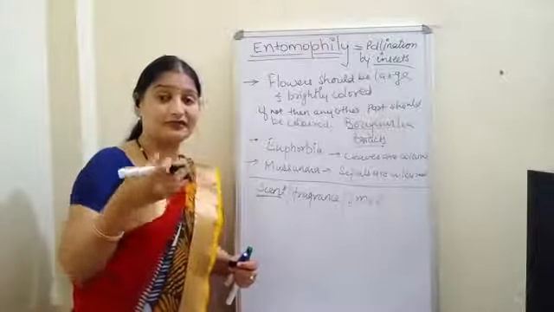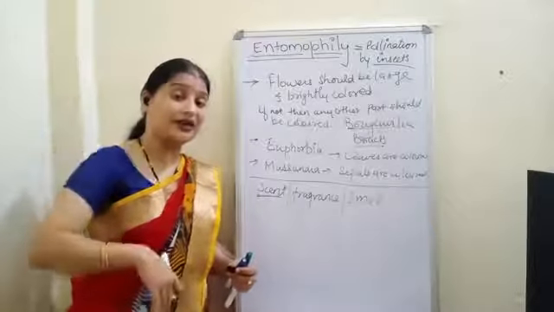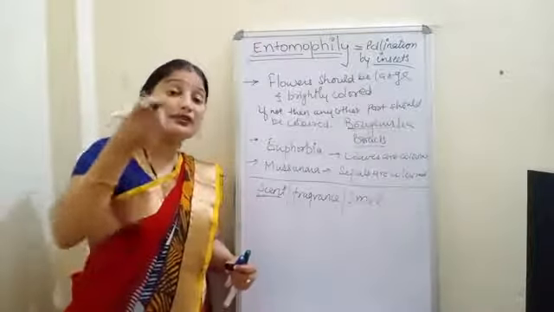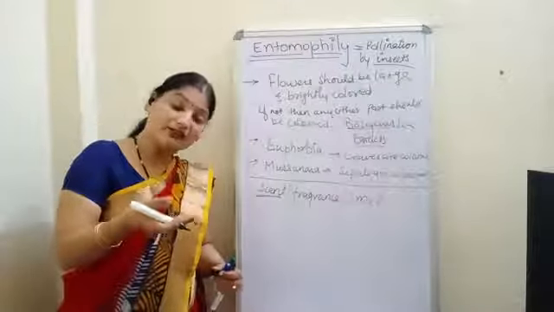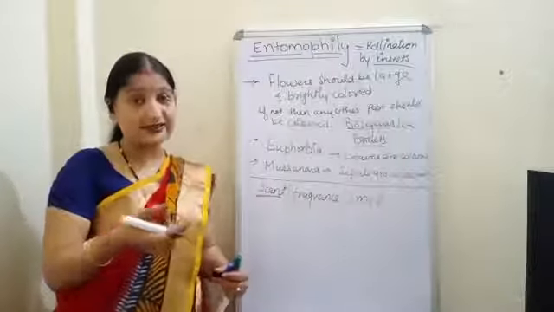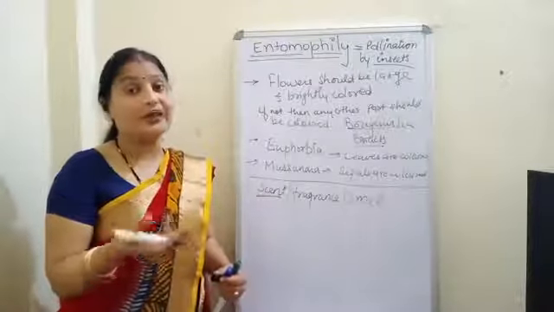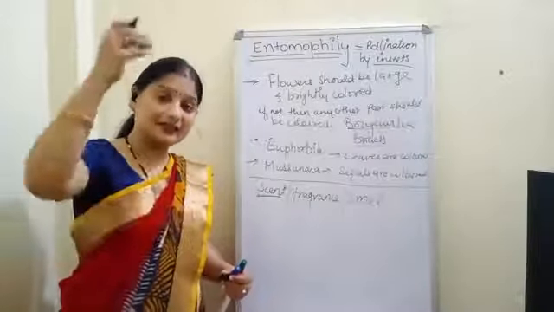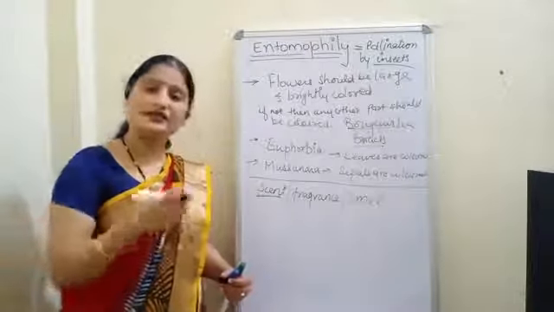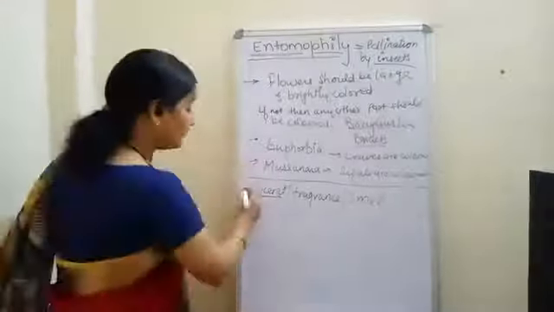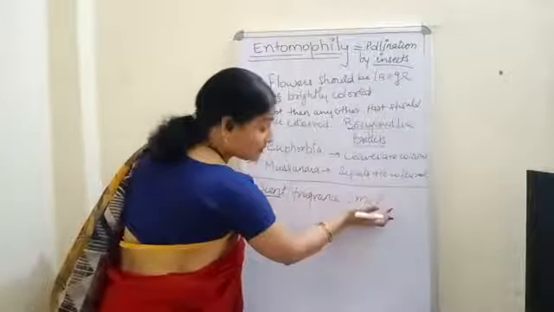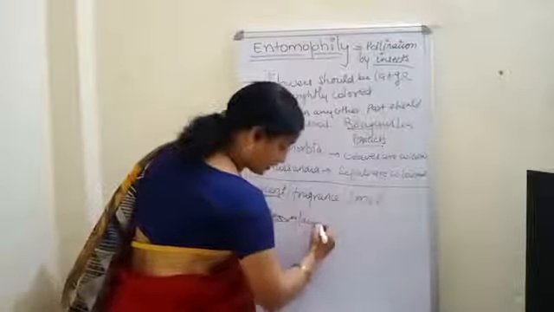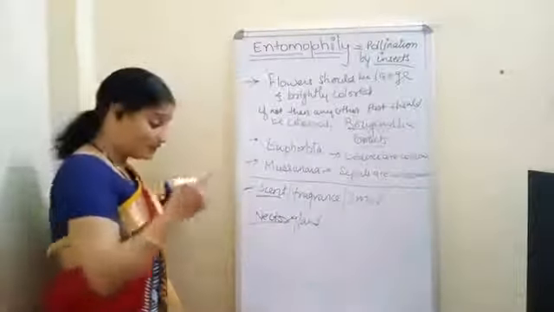Then they give the fragrance, and the birds and the insects get attracted towards that nectar, and then they come and take it. So some nectaries are present at the base, and with the help of these nectar glands, the birds and the insects come to take nutrient from them. This is called entomophily. So if some fragrance or smell is there, or otherwise there should be a nectar gland which can produce some nectar.